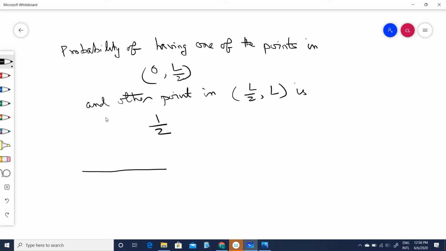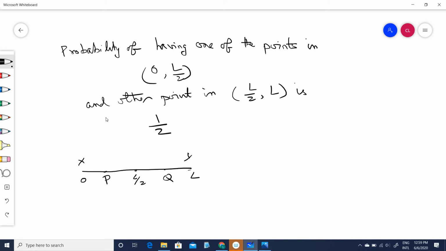Now we have this same segment where one of the points is in the, so this is 0, this is L by 2 here, and this is L. All we know is there is a point here which I will now call P. There is a point here Q. Why am I calling it P and Q and not A and B? Because it could have been that A is P and B is Q, or it could have been that A is Q and B is P. Because we are choosing points at random, A could have been to the right. But the probability that we finally have one point on this side and one point on this side is 1/2. Now this is a necessary condition.